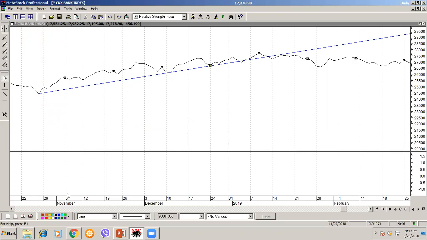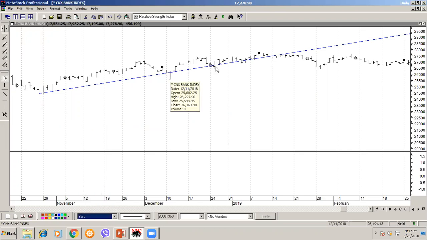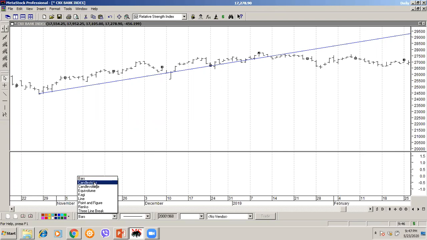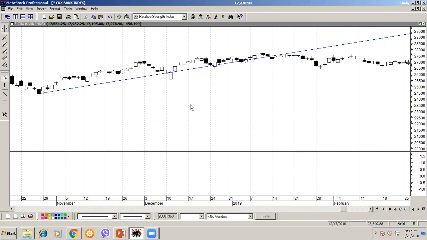Now see what happens if I change it to bar. Right? You cannot see this point, you cannot see this point, you cannot see this point. If I change it to candlestick, same problem. With candlesticks you can still do it by watching the bodies, but even if you're doing it on candlesticks, closing is much better in order to draw a trend line or any kind of line if you're trying to do a pattern. I believe this particular tip will save you a lot of hassles, right?